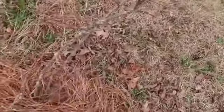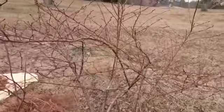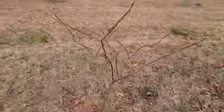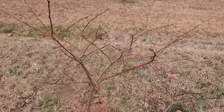That, believe it or not, is still alive. You'll get about a handful off of it a year. This one is younger, but came off one of my dad's blueberry bushes, and you can see what happens there. This one's a little bit better. It's another one from Lowe's. I don't remember the exact type, but you can see it doesn't do very much. But then you get down here to